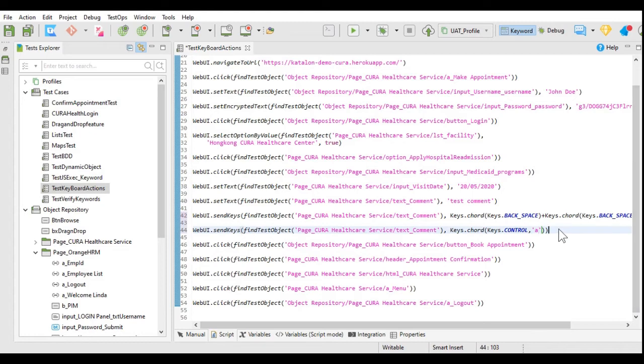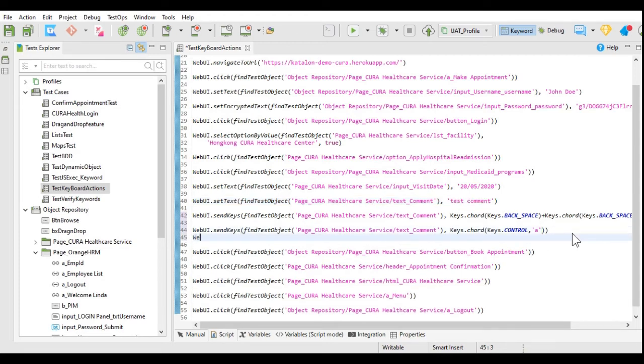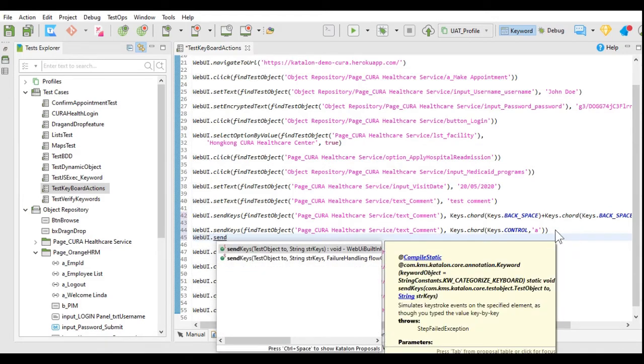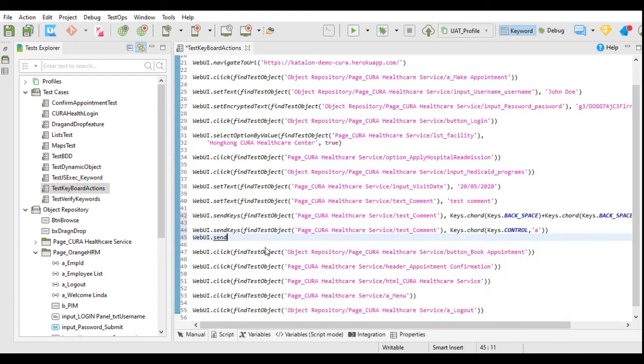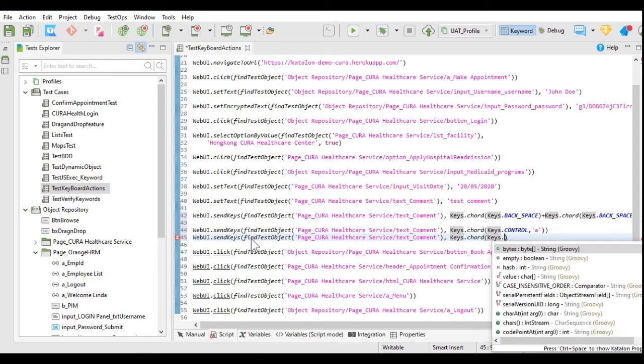So with this control A on this comment text object, it will select the whole text from that text box, and then we can delete the complete text from that text box using the delete button from the keyboard. So I will use the same step with Keys dot DELETE.